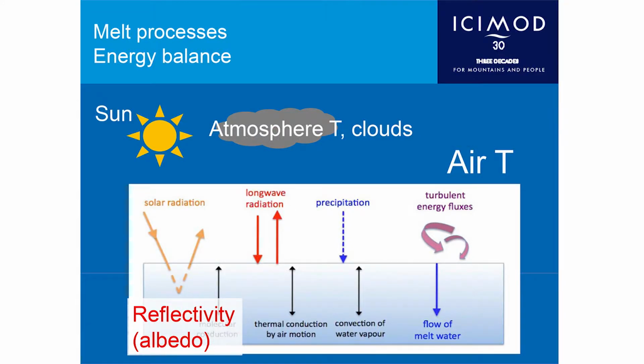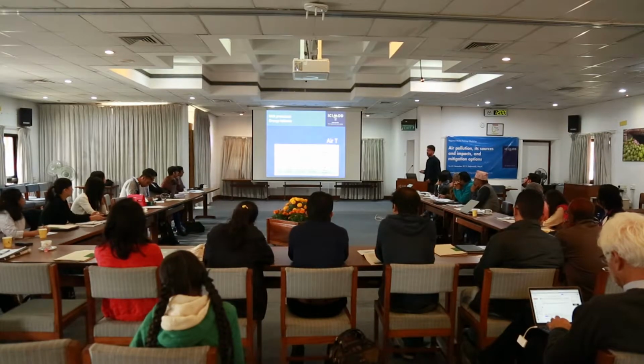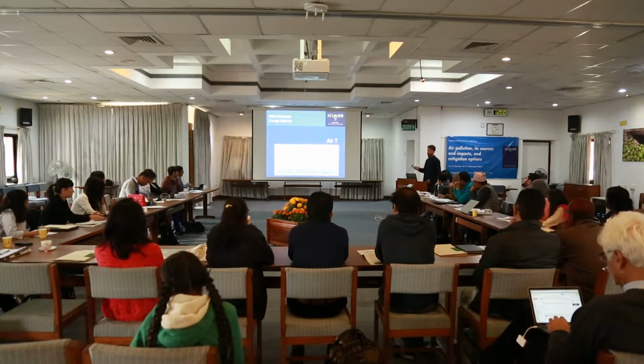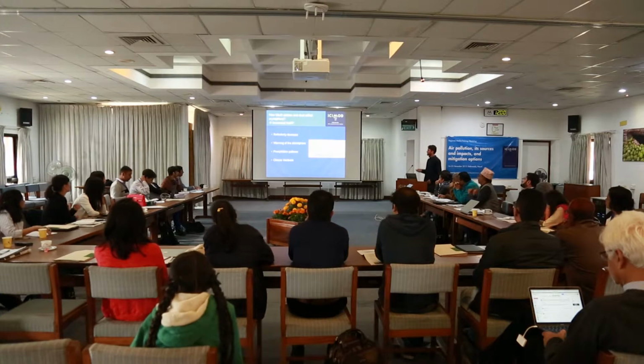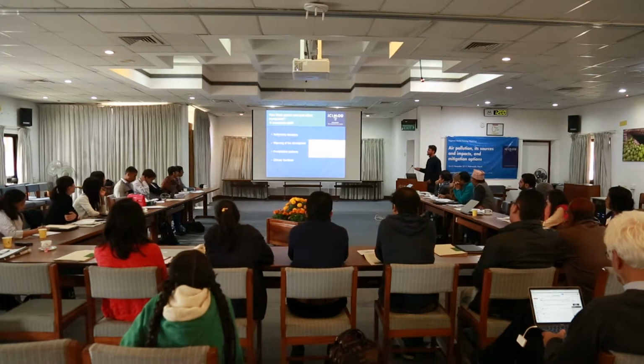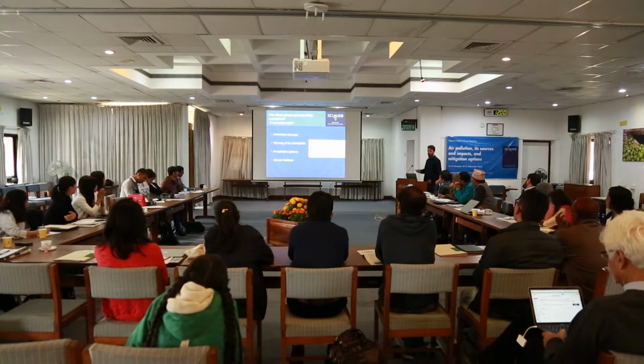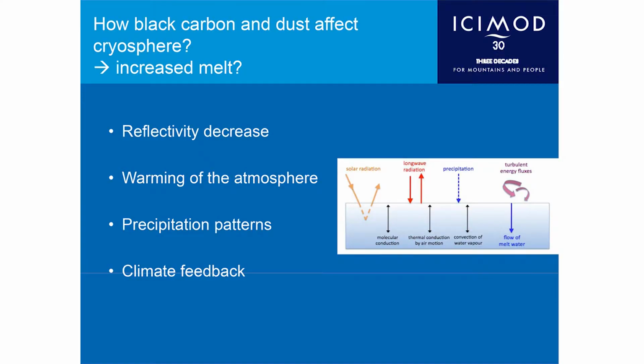Then I forgot about all these complicated terms inside. All this energy exchange just generates the flow of meltwater. That will help us understand how the black carbon and the dust will affect the glacier melt or the snow melt. As I said, the black carbon is dark, so when it deposits on the snow or on the ice, it will cause a reflectivity decrease,